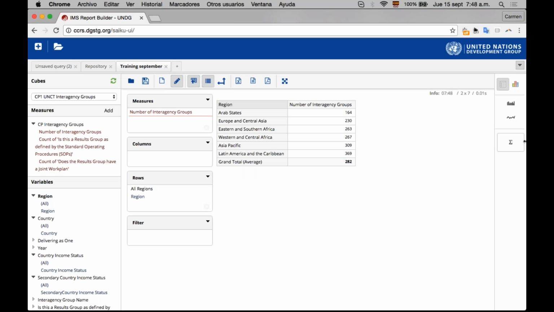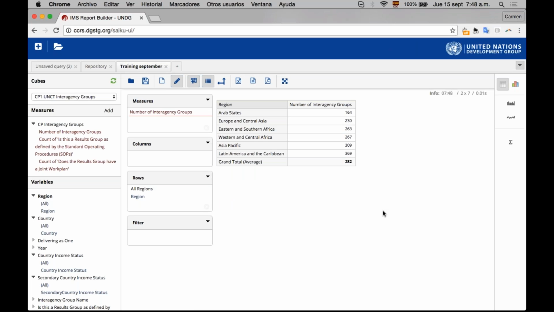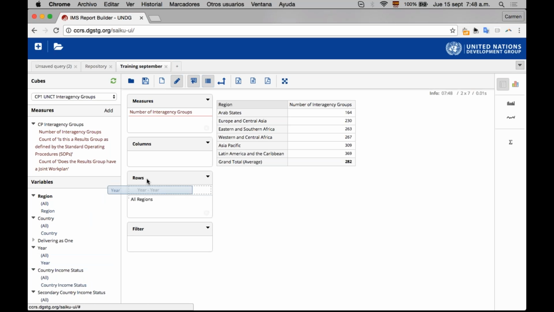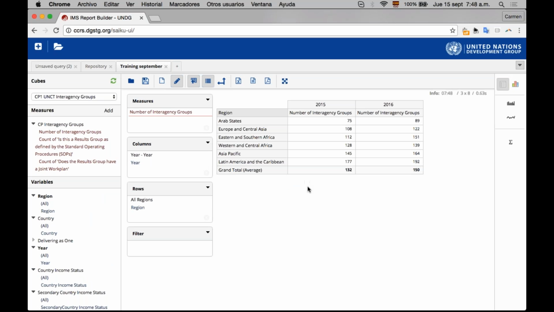Hi, Carmen. This is Abigail. I'm sorry to interrupt you. It's really good that you're showing that sum total, but can you also show how we disaggregate it by year? Because then people will get confused. Because that sum total is showing it for the 2 years. So it would be good to show it how we separate it between 2015 and 2016 data, so that we can have a total for 2015 and a total for 2016.